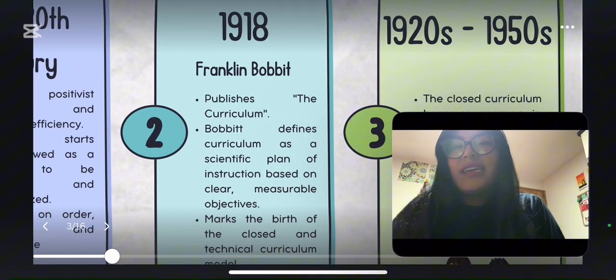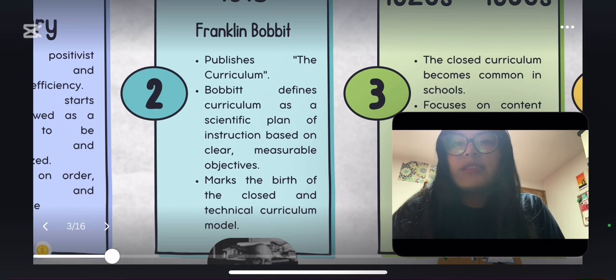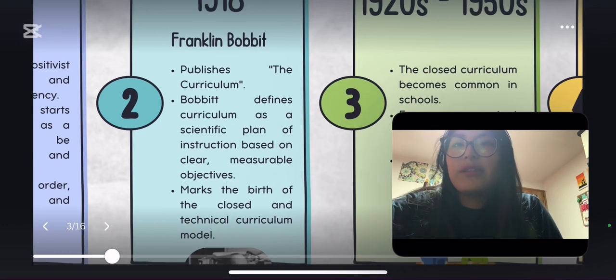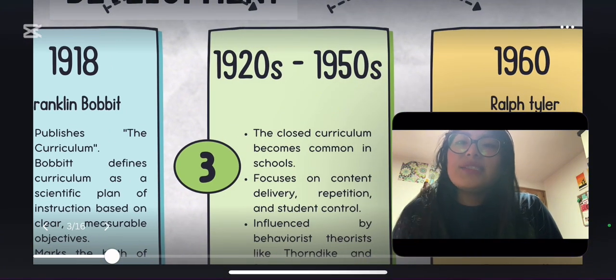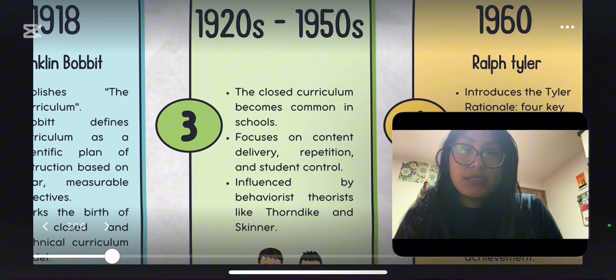In 1918, Franklin Bobbitt published The Curriculum. Bobbitt defines curriculum as a scientific plan of instruction based on clear, measurable objectives, marking the birth of the closed and technical curriculum model. In the 1920s to 1950s, the closed curriculum becomes common in schools and focuses on content and